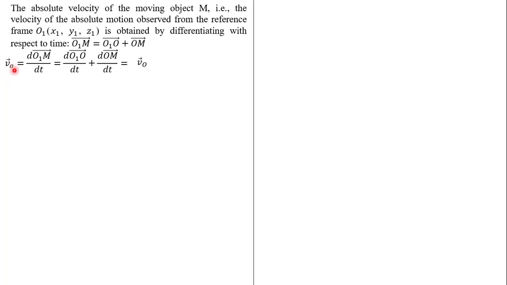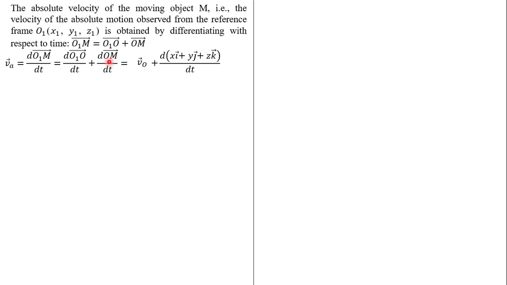Why is it called an absolute velocity? Because it's seen by an observer at O1, and O1 is the origin of the fixed frame. So dO1M over dt is equal to dO1O over dt plus dOM over dt. And so the first term will give us the velocity of point O. It's the velocity of the moving frame with respect to an observer at rest, plus